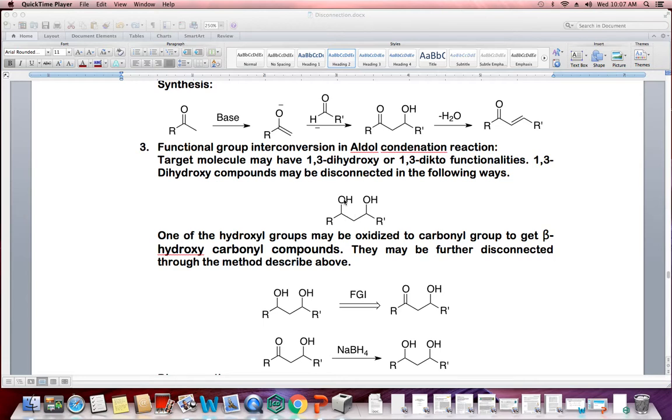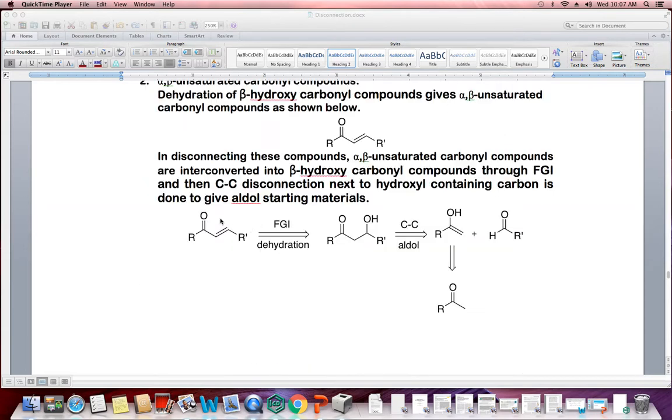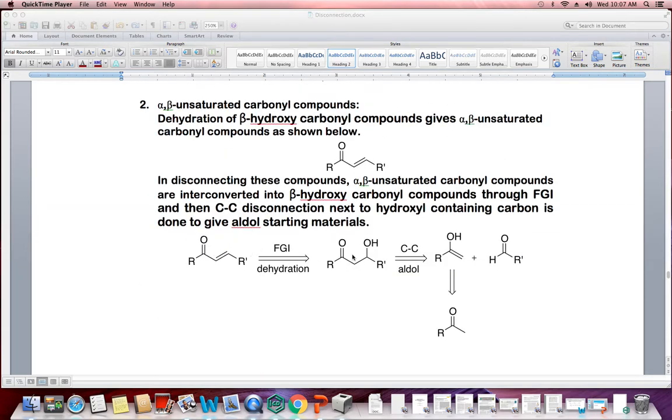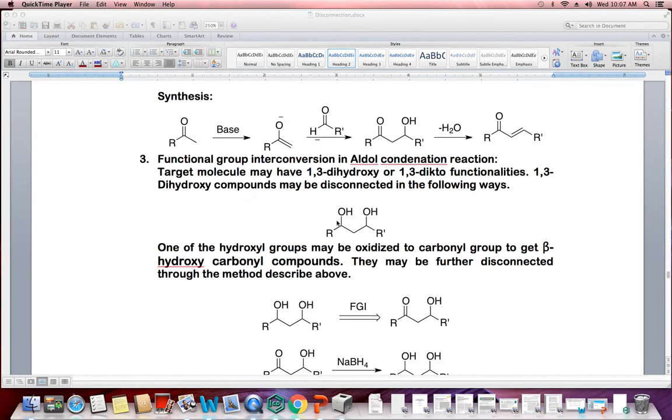When we talk about these heteroatoms, they are at 1,3 position. So in this case, when we talk about the position of heteroatoms, they are also at 1,3 position. When hydroxyl functionalities are at 1,3 position, they may be interconverted: one of the two hydroxyl functionalities is converted into a carbonyl compound through reduction. Sorry, through reduction we can interconvert hydroxyl functionality into carbonyl compound.